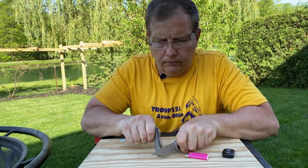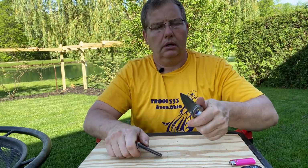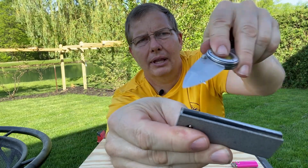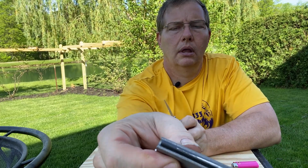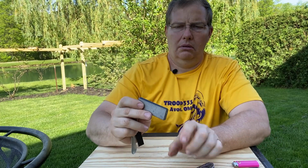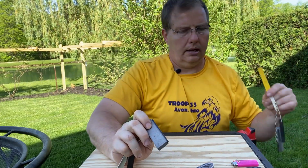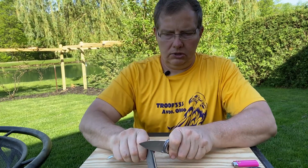Now, two things you want to be careful of. It took a while, but you see here, this black is a protective coating. So you have to scrape through that protective coating to get to the actual ferrocerium of the rod. And yes, I understand if you're scraping this way,